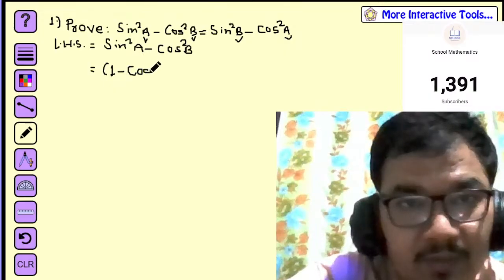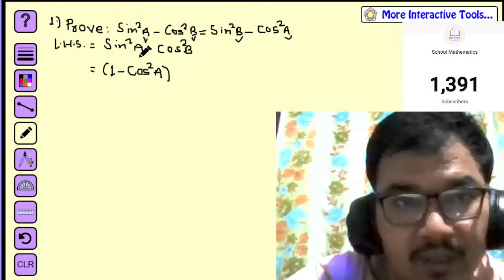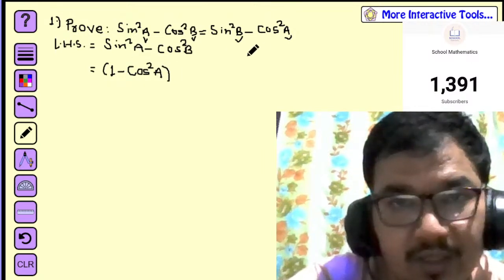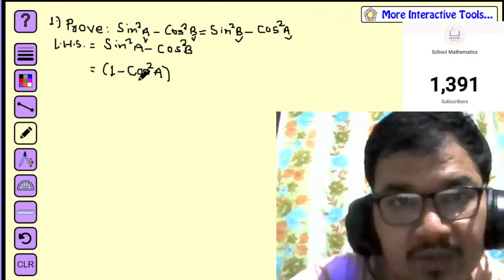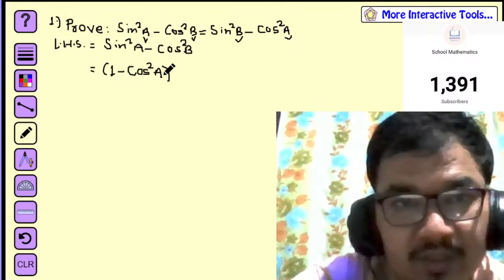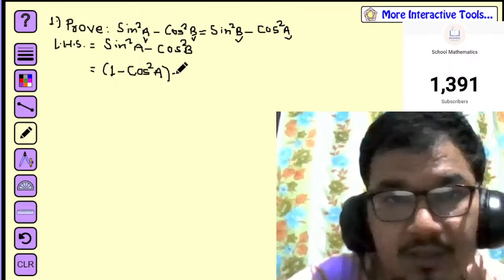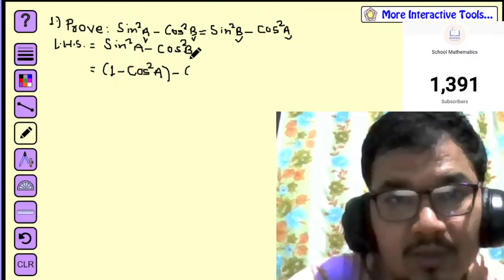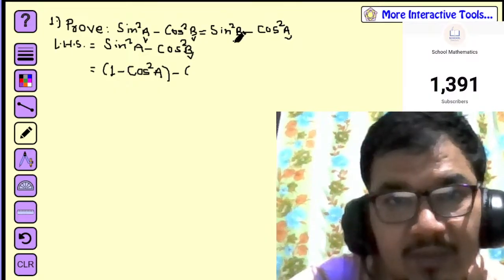We have to open this formula, right? Sine square A we need to bring cos square A. That's why sine square A means 1 minus cos square A. This is the Pythagorean relation, okay? And now minus here is cos square B, and we need to bring here sine square B, right? There is also only one Pythagorean relation,